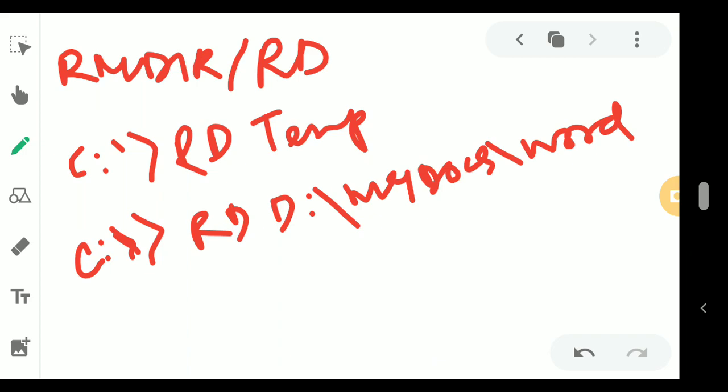Okay, next is the change directory command, chdir, or the cd command. The cd command is used to change from one directory to another in DOS. You can also use the path if it is necessary.